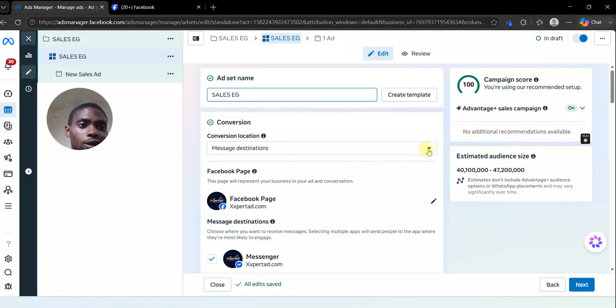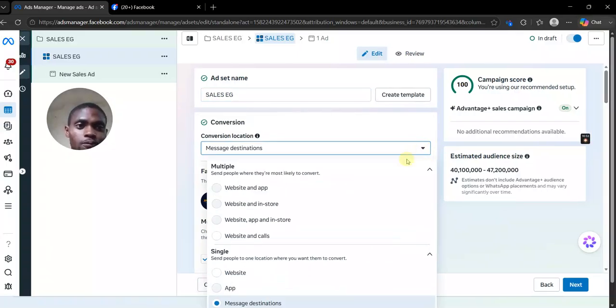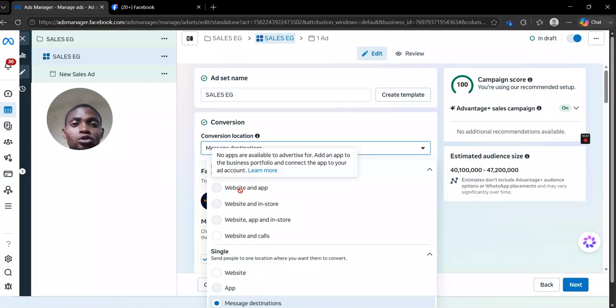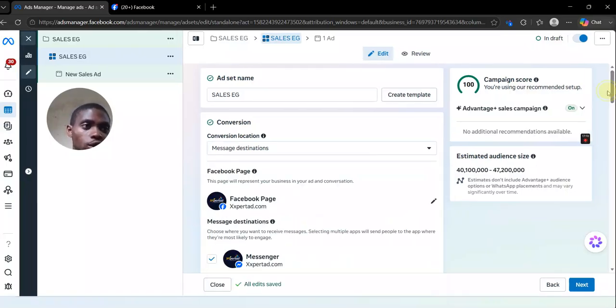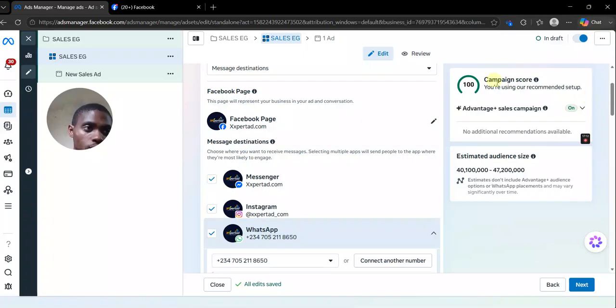And if I click the drop down menu here, you can see website and app. That means if you want to run an ad for an app, no apps are available for me to advertise. Also, they won't let me do that. Websites, app, in store and all of that, but we'll go to this place where we have single,